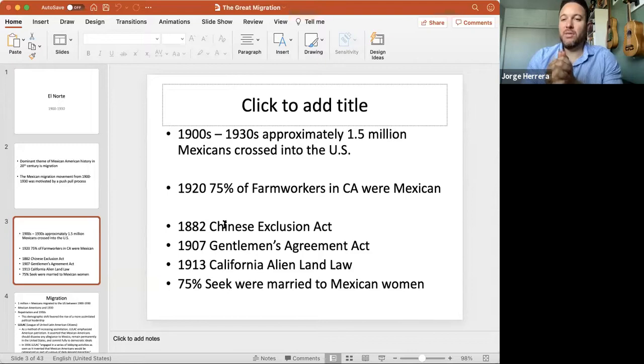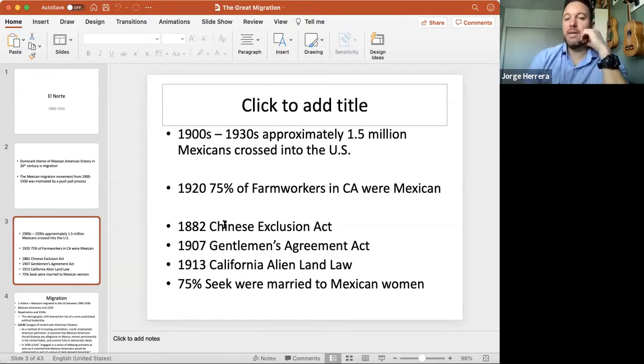During the early 1900s, a lot of Mexicanos, a lot of Mexicans were allowed to come to the United States. There was no stopping them. When the Chinese Exclusion Act happened in 1882, a lot of Chinese were actually coming into the United States via Mexico. So they were trading their traditional gowns and hats and whatever they were wearing for traditional Mexican attire and hats. In other words, they were dressing up as Mexicans and crossing the border because Mexicans were allowed to come into this country, whereas Chinese were not, which is a very interesting fact.